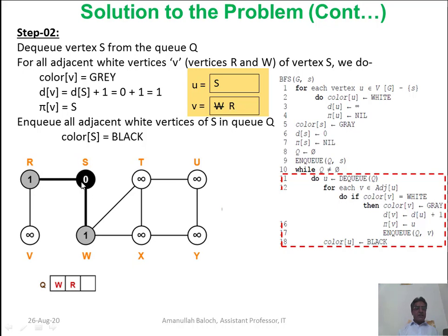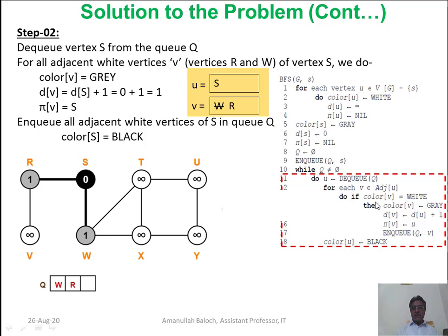If we find the adjacent nodes, then we find all the nodes at depth 1 from the source node. So this for loop finds all the edges adjacent of U, that is, there are two nodes.